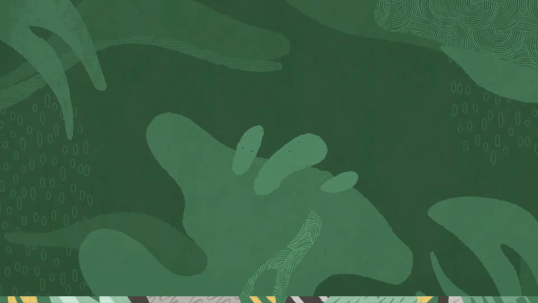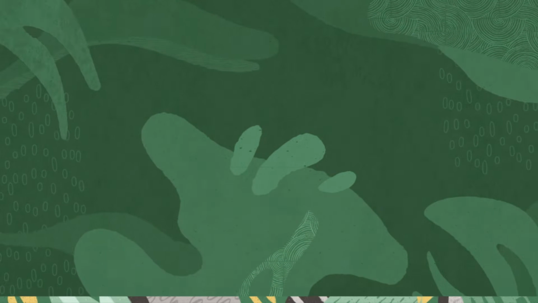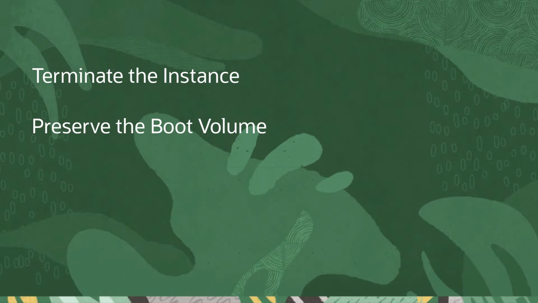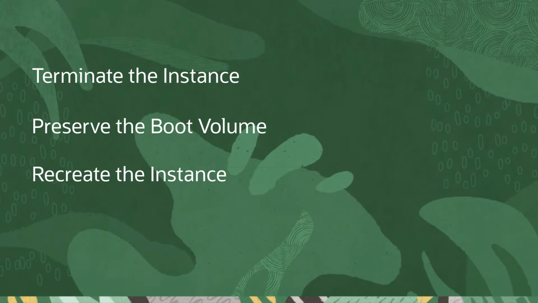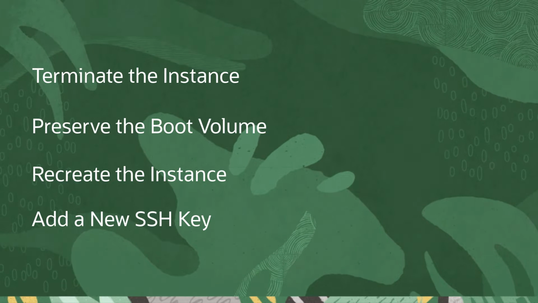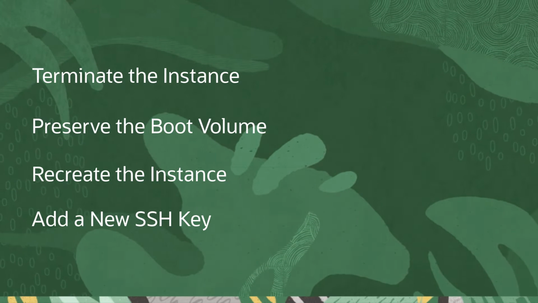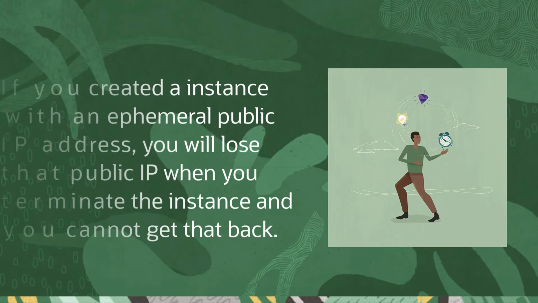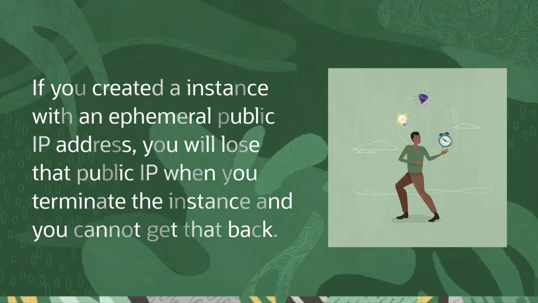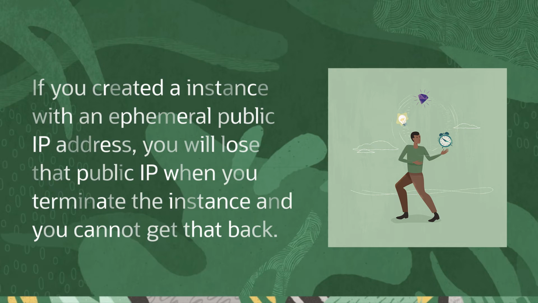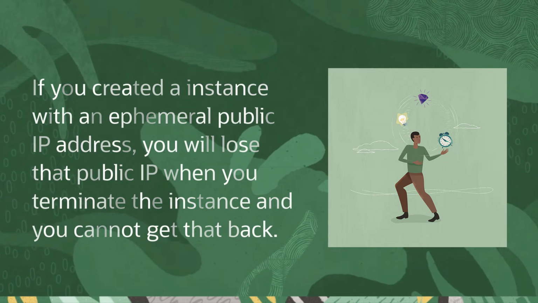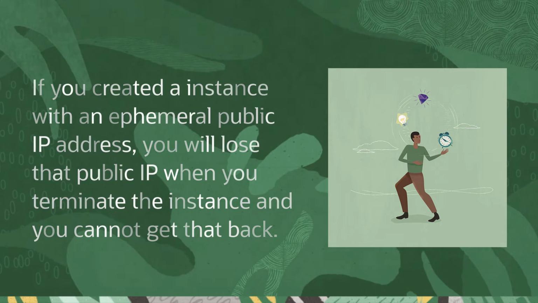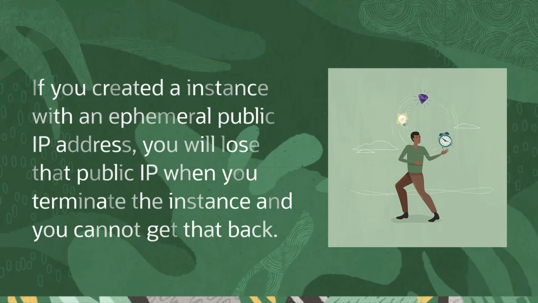this instance. This first way is the easiest way, and that is to terminate the instance, preserve the boot volume, recreate the instance, and add a new SSH key in the process of new instance creation. The one downside to this method is that if you created an instance with an ephemeral public IP address, you will lose that public IP when you terminate the instance, and you cannot get that back. So if you want to preserve the ephemeral public IP address, use one of the other 2 videos to learn